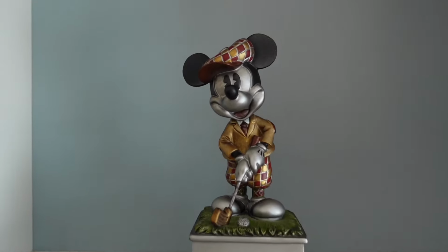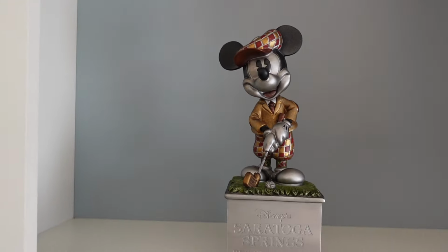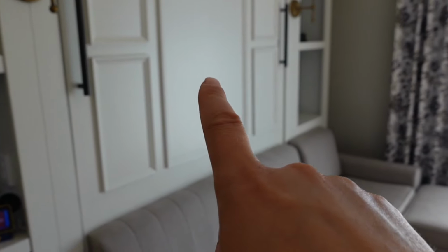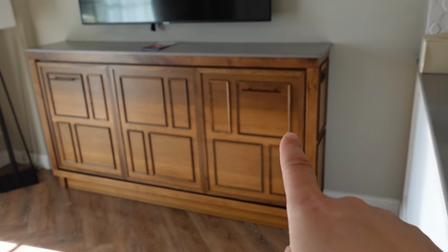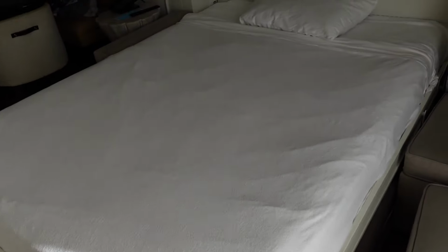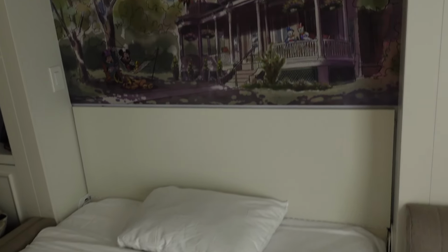Look at this. How cute is he? Cute, cute. This pulls down into a double bed, and this over here pulls out into a single bed. I'll show you that. Here is the full bed out here when it's down, and look,